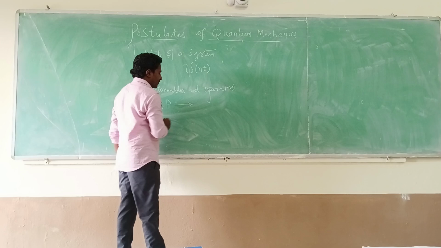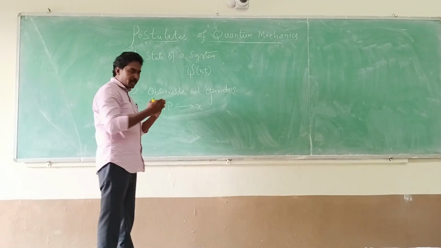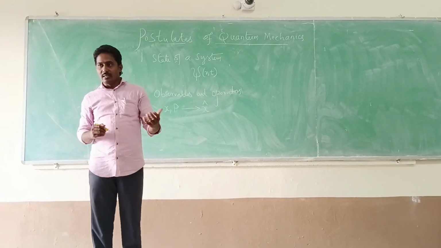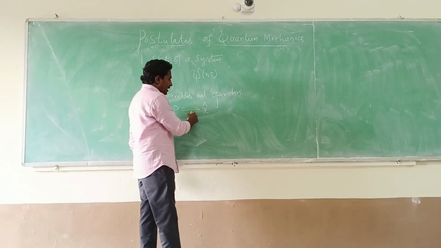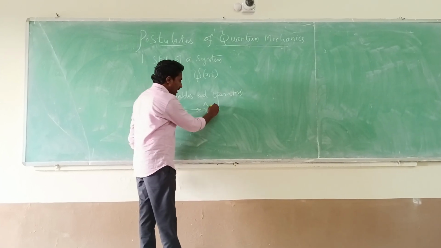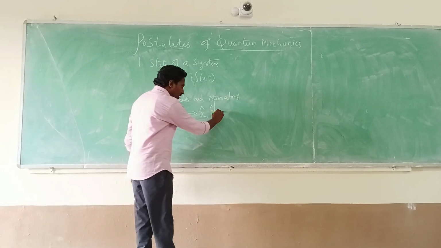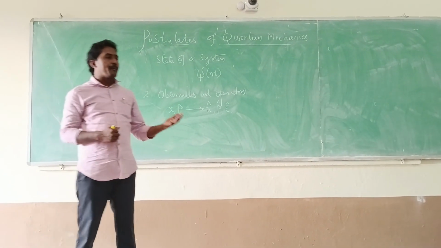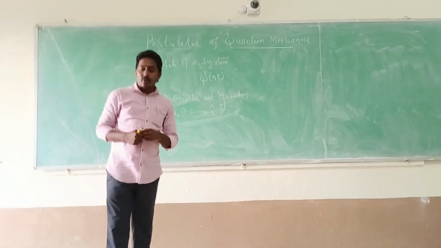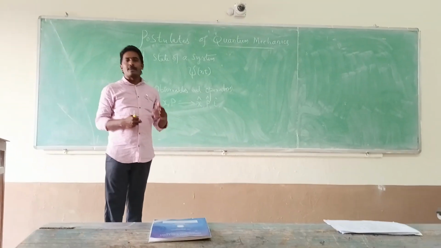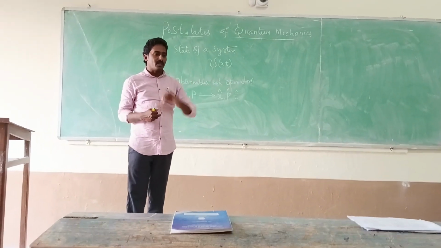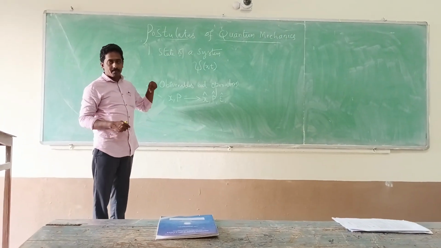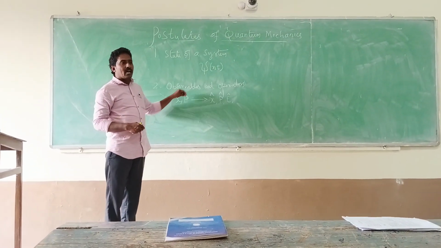Whereas in quantum mechanics, the coordinates are replaced by operators, which is represented by x cap. Cap means operator. It is a mathematical approach. So the position coordinate becomes the position operator. Similarly, momentum operator, energy operator, angular momentum operator, total angular momentum operator, spin angular momentum operator, parity operator. So everything in quantum mechanics can be expressed in operator mechanics. This is the second postulate of quantum mechanics. First is the state of the system. Second one is the observables and operators.